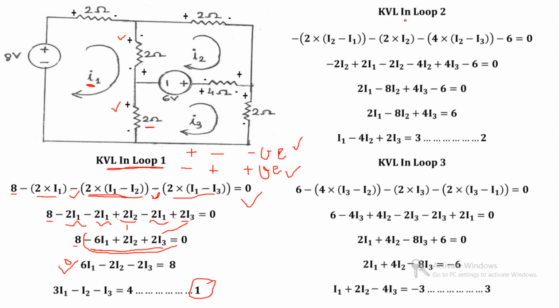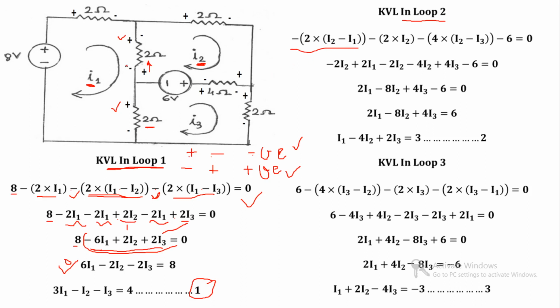Now we will write the KVL equation in loop 2. So the same rules we will apply for loop 2 also. Again now we are applying the KVL equation in loop 2. So we will consider the polarity of I2 only. So I2 will flow from plus to minus. So again plus to minus, so it is the drop. So the sign is negative and the drop is now minus 2 I2 minus I1.